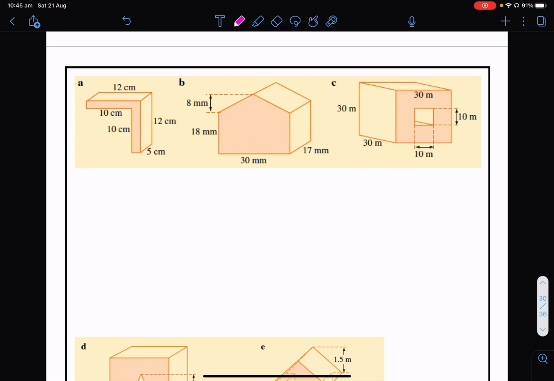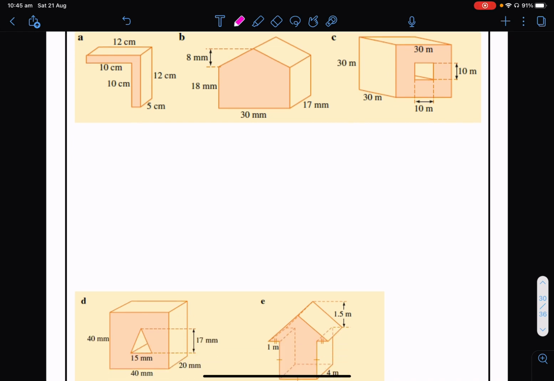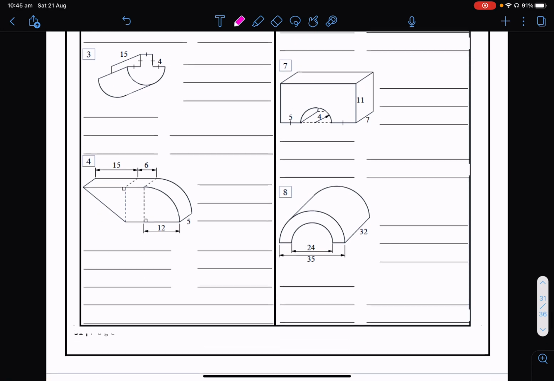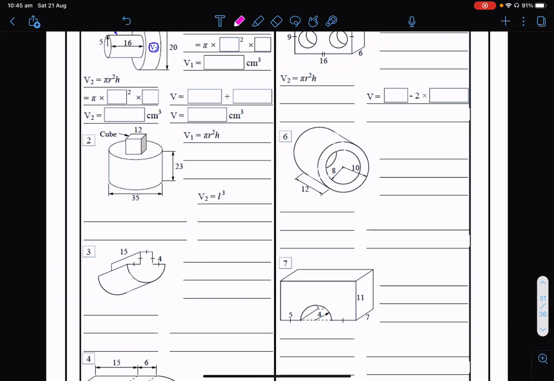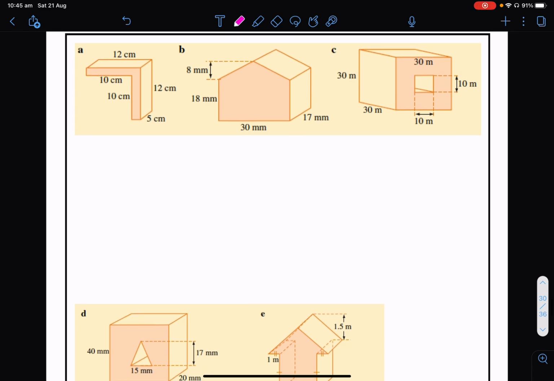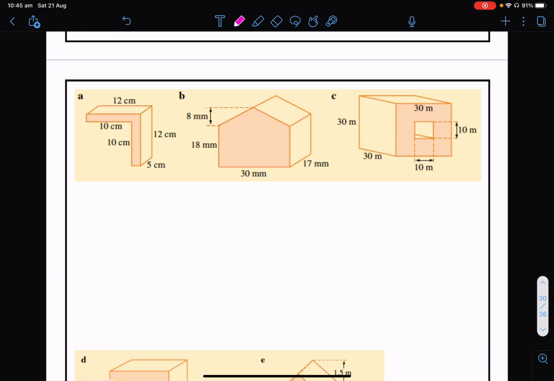Okay, so I hope you've had a go of these first. I'm going to do the answers for this page and probably the next page too. So let's go through. Again, these are just composite solids, so you've just got to make sure that you're doing